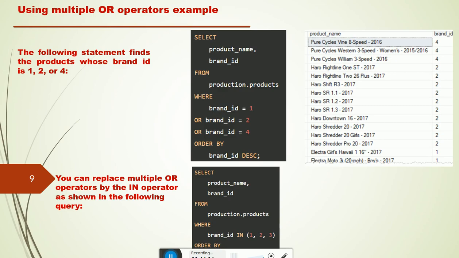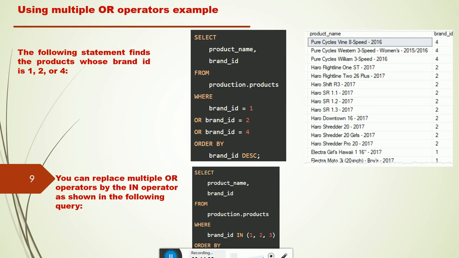See the query: select product name, comma, brand ID from production.products, where brand ID equal to 1 or brand ID equal to 2 or brand ID equal to 4, order by brand ID DESC in descending order.